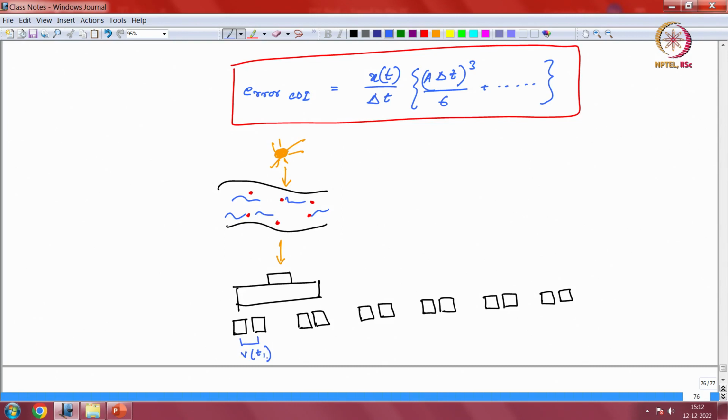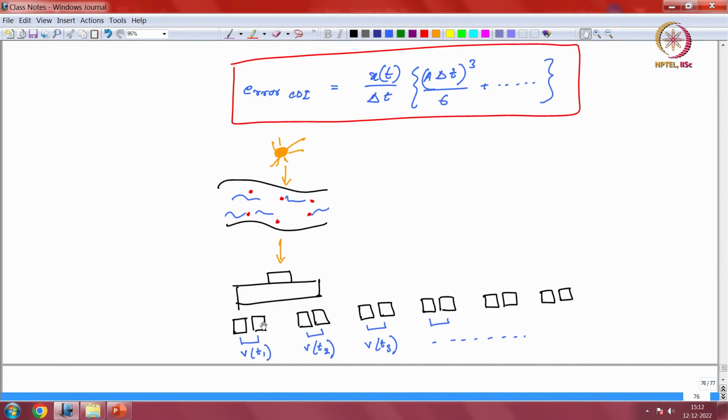So maybe this is at time t1, and you get one velocity field for this. Then you calculate the velocity for these two image pairs, and then these two, and so on, right? So now you can see that two images here, they yield one velocity field. Now I have deliberately created a situation where this distance between this image and this image is more than the differences between this image and this image, right? You can see, so this is sort of deliberate, and the reason for that is in normal particle image velocimetry,